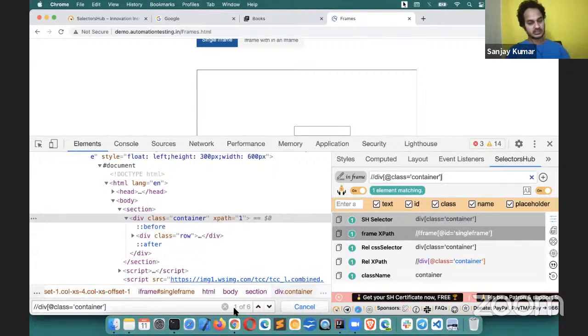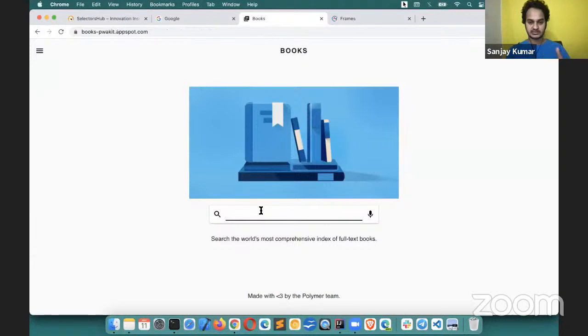And unknowingly, you will think, okay, this is a normal XPath, I'm trying to write XPath, and you will keep wasting time. Trust me, it's tough to cover all the scenarios here, but there are n number of very common scenarios where you are unknowingly wasting a lot of time writing XPath in DevTools, because it gives wrong information, and because of that wrong information, you keep writing, keep trying. Another scenario here,